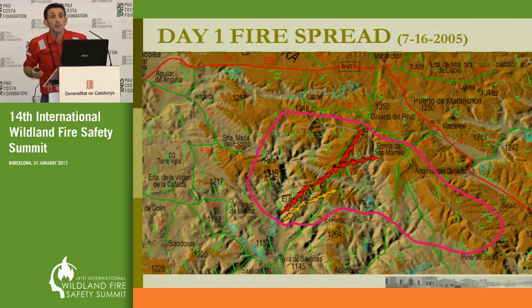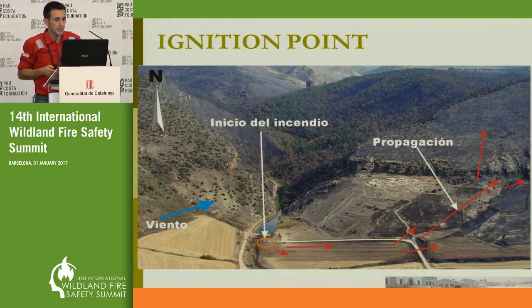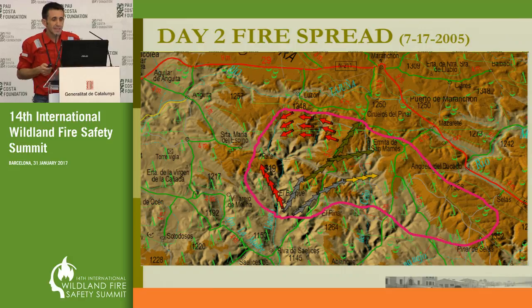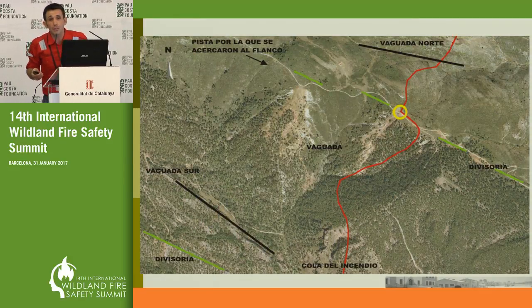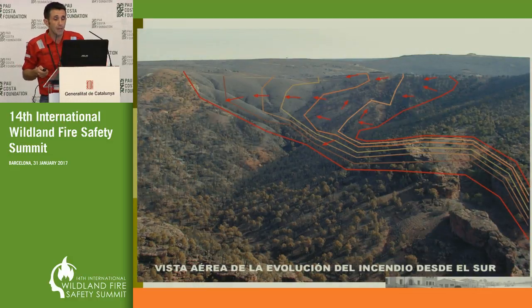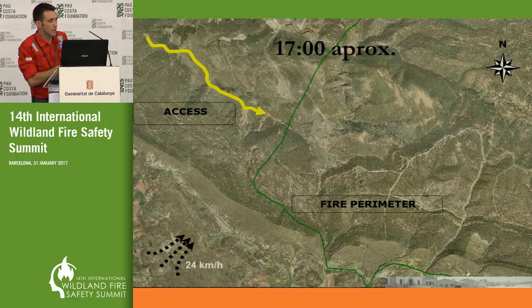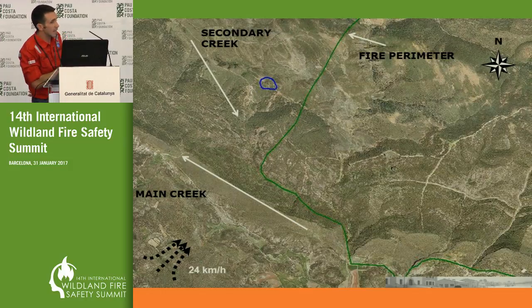So about the fire, there's not much to say, or maybe a lot, but basically there are 2 different scenarios that explain what happened. The second day, the fire behaved in a completely different way, and there are two possibilities, two explanations. The first one is that the fire came from the right to the left of the picture. Once it changed the fuel model, it changed the fire behavior dramatically. And the other explanation is that the fire was behaving at the bottom of the creek, the main creek, and